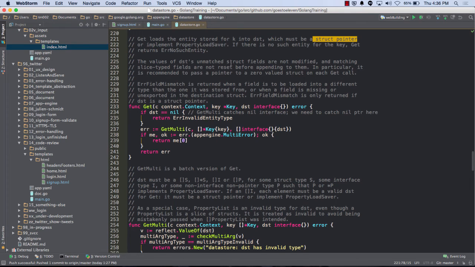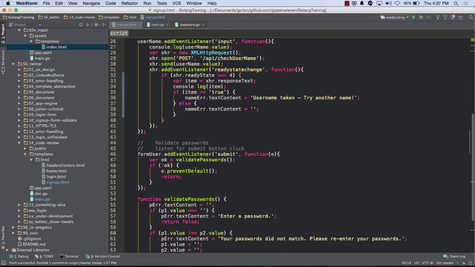If there is no such entity for the key, Get returns the error, no such entity. So if there's no such entity for the key, I looked it up, there's no such entity, Get returns the error. And if the error is not nil, that means false, nobody was found there. And when I send that back to JavaScript, if it's true, that username's taken, otherwise, nothing.